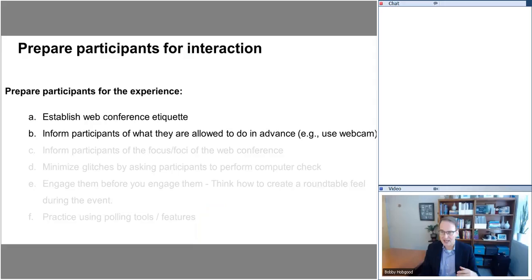Inform them of what they are allowed to do in advance. For example, you might say to them, in our upcoming session, you won't be using the webcam. You'll instead be using the microphone and the chat window. Make sure they understand clearly why they're having the web conference, what's the focus of the web conference,